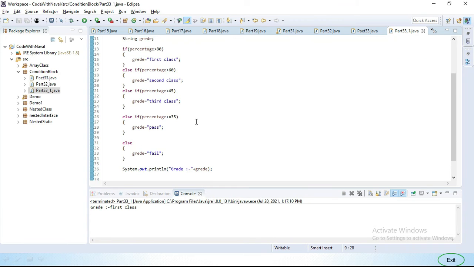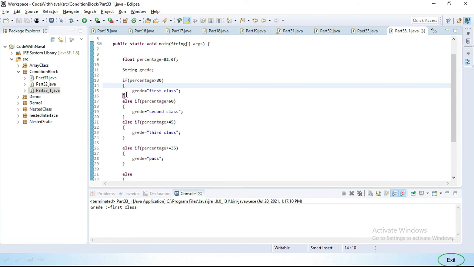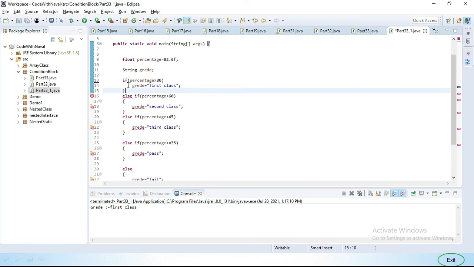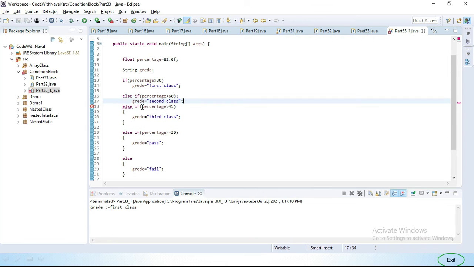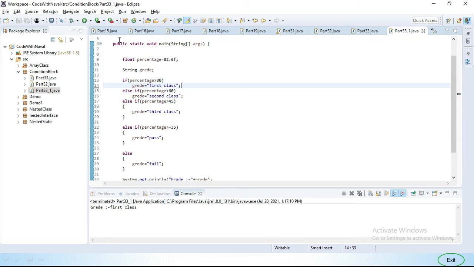Now you can observe here we added this bracket everywhere. Okay, this block bracket. If you have only one line in the if condition or else if condition or else condition, then we don't need to write this block. Okay, I'll simply remove this because here we have only one line. You can see here we simply removed those. Okay, let's save this. We can't add a semicolon here. Let's save this, run this.